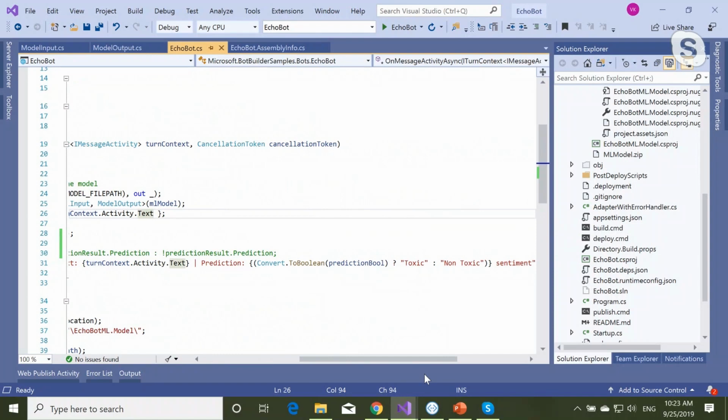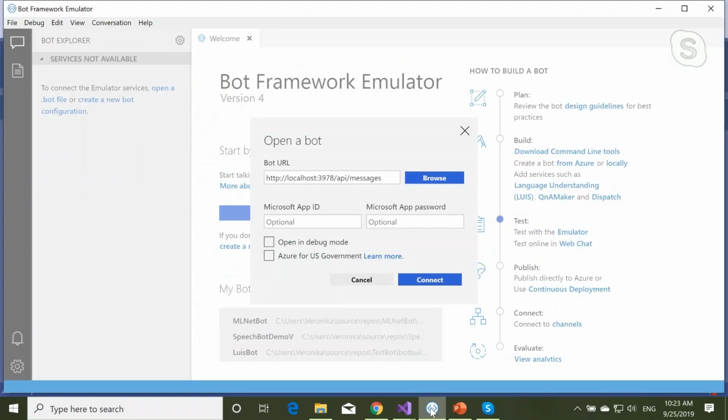Okay, and there are 2 ways to test it. One way is the Bot Framework Emulator. You can just test it on your local machine. You can add, so that is by default, that localhost with that port. You are adding API messages. And then if your bot was created on Azure first, you need to add app ID and app password here, and then you just click connect and it will be connected.